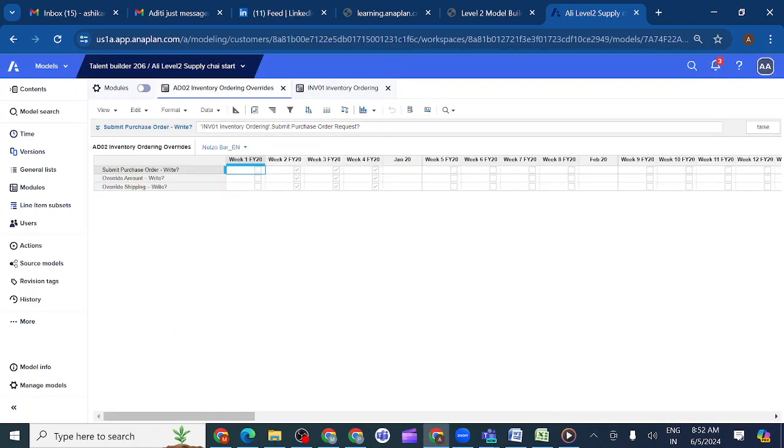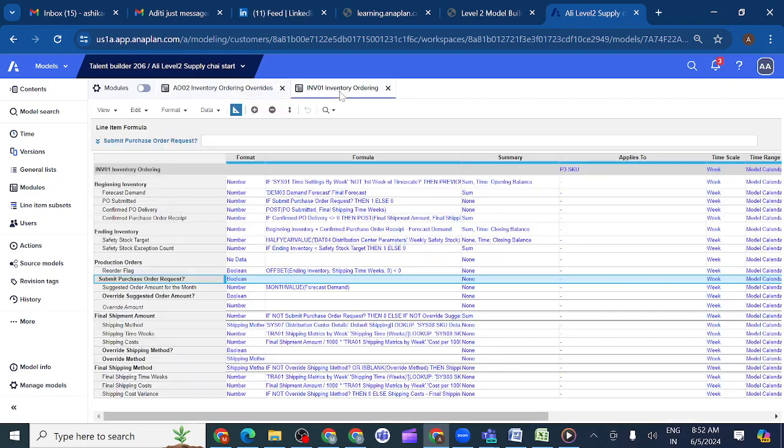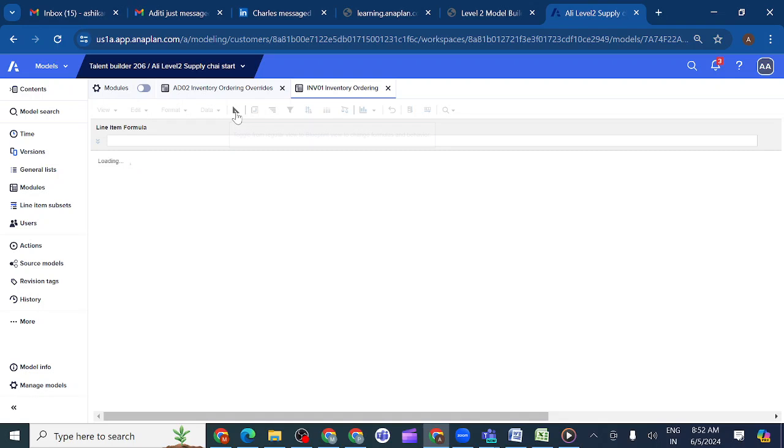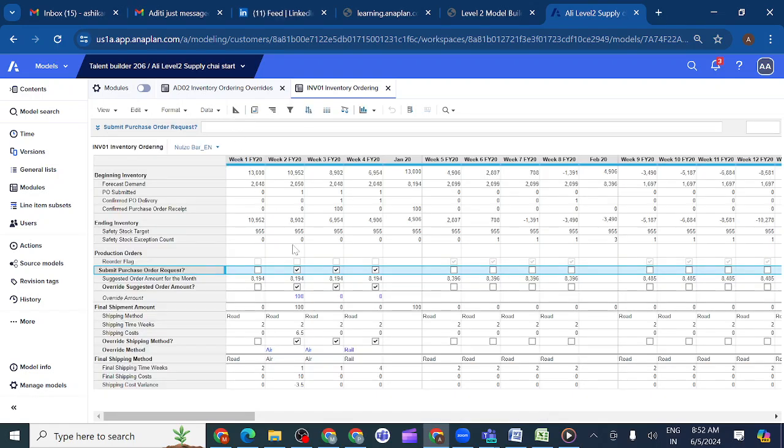Whenever I enable here the inventory ordering module, then only it should be true. So here you can see, whenever you enable this one, in the access driver module also you will get the true. So that is the thing. If I do refresh, you will get